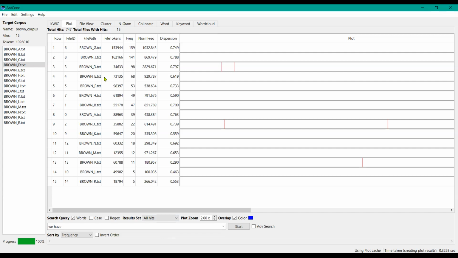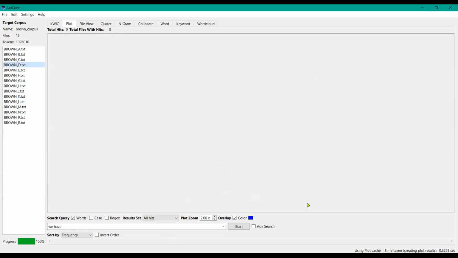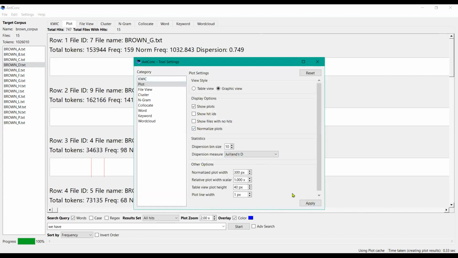So if I go back, all right, if I wanted to save this, I can go to settings and I can change the graphic view, for example. So if I go to tool settings, I can go here to graphic view. And then I can get something like this. And you're going to have to play around with it with the results. So if I were to normalize the plots again,